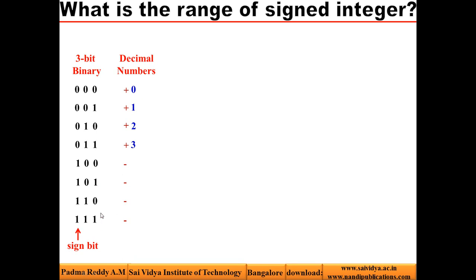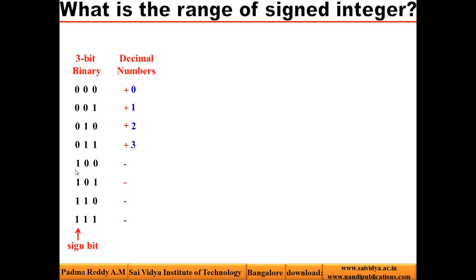Now the question is how you write the equivalent decimal number here. For this, one thing we should remember, all these negative numbers are already stored in 2's complement. I repeat, all negative numbers are represented using 2's complement. So to get the original number, what should I do? Take 2's complement of this. What is 2's complement of a number? It is 1's complement plus 1.